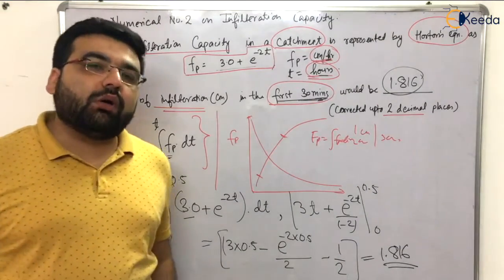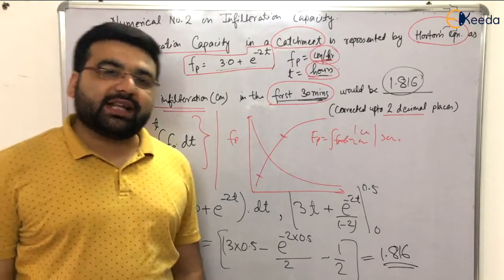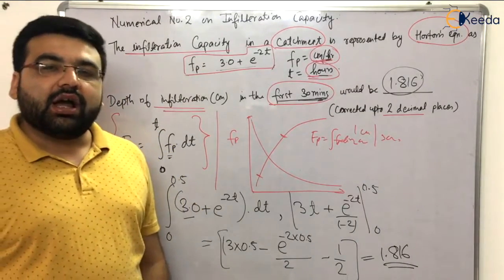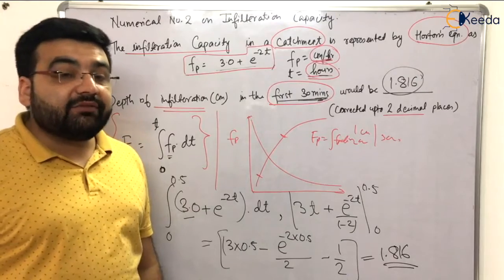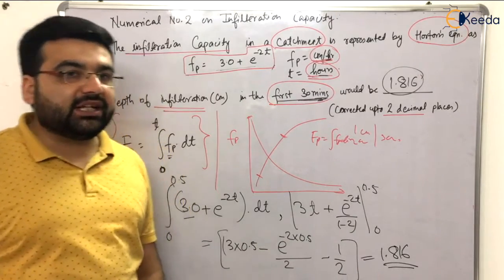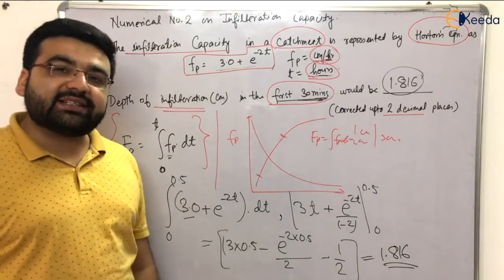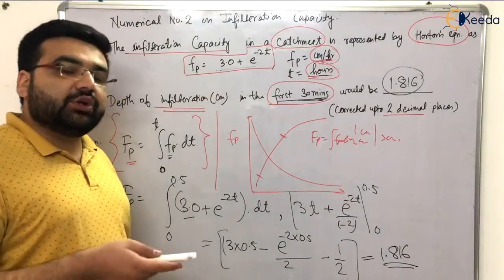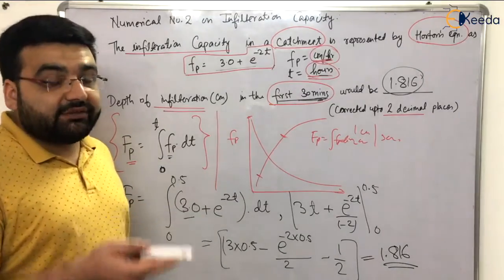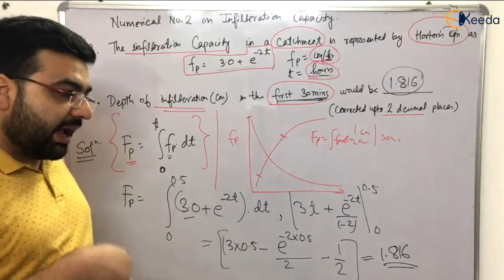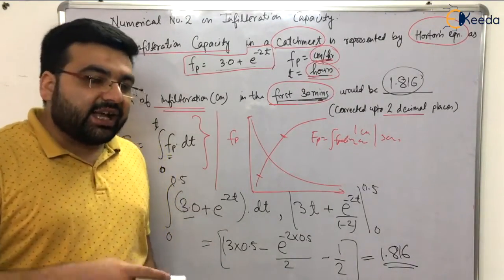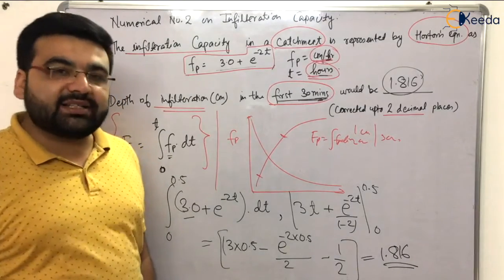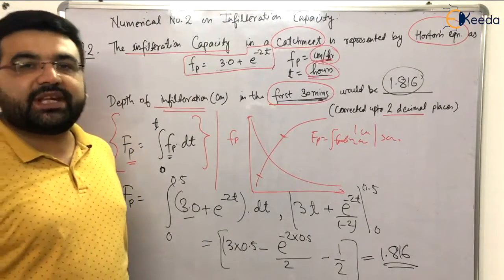Now let's move forward to other topics. In the next lecture, I will be teaching you about the infiltration indices. We basically have 2 indices: one is the phi index and another one is the W index. What is the difference between the two? Where are they used? What are the applications of infiltration indices and how to calculate them? Let us discuss in the subsequent lectures.